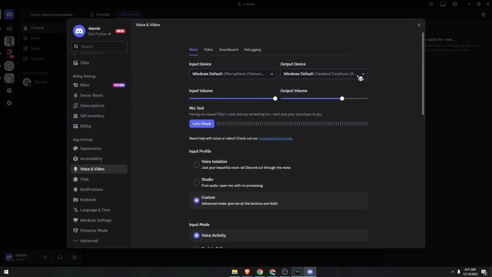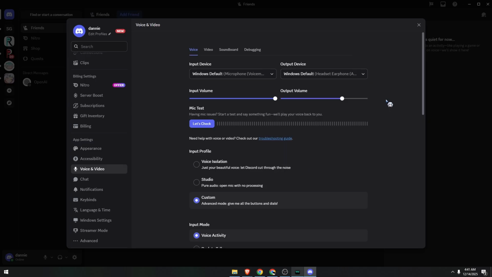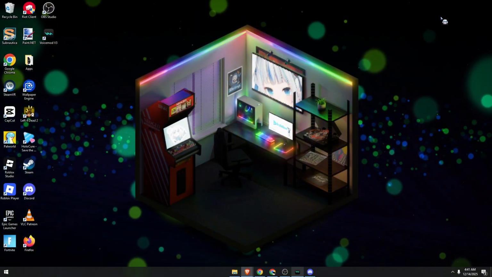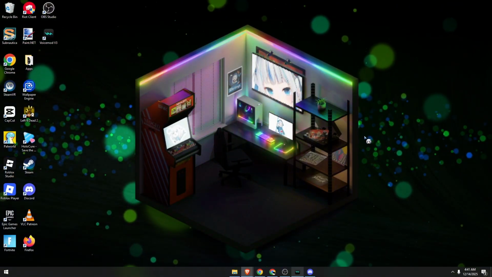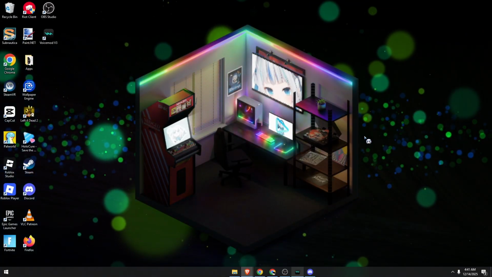Same for the output device, Voicemod. So once done, you can now close this and everything should now be connected and integrated. You can use this for any platforms for gaming or for any streaming services you would like to